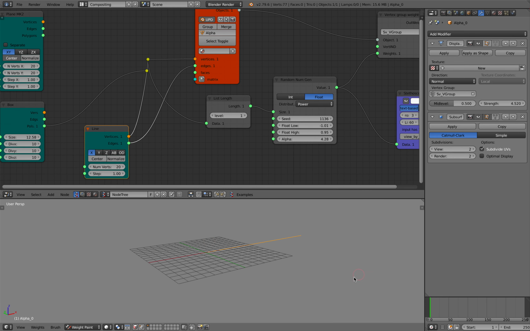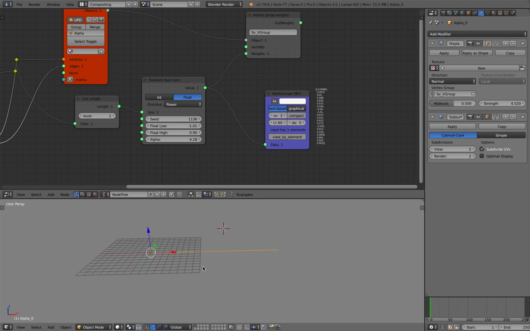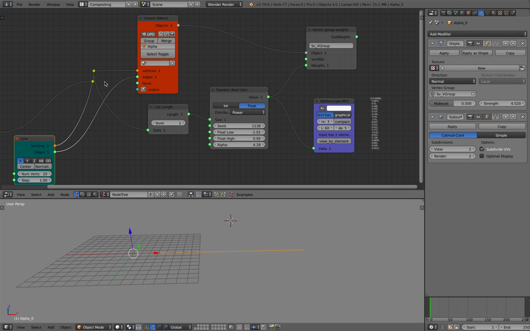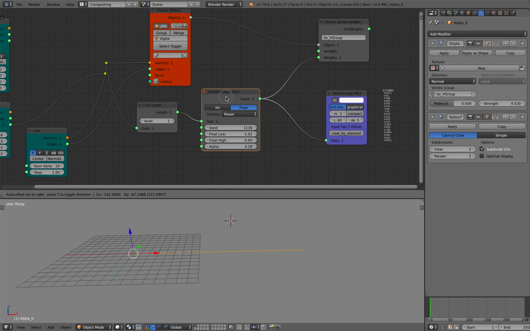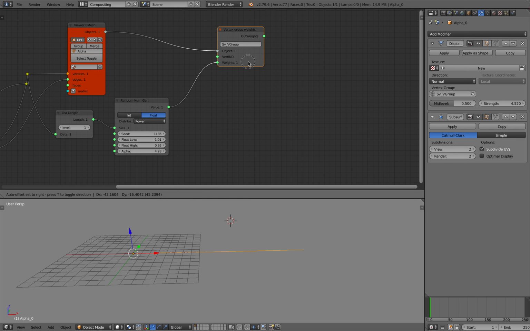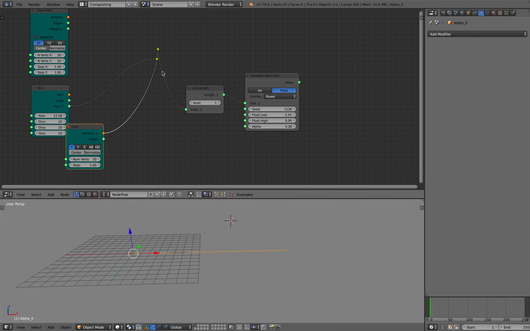So 20, and this line should be, I want to push this line. So with line we have a value, right? So we can just modify the line itself. We don't need this fancy stuff. So line, and